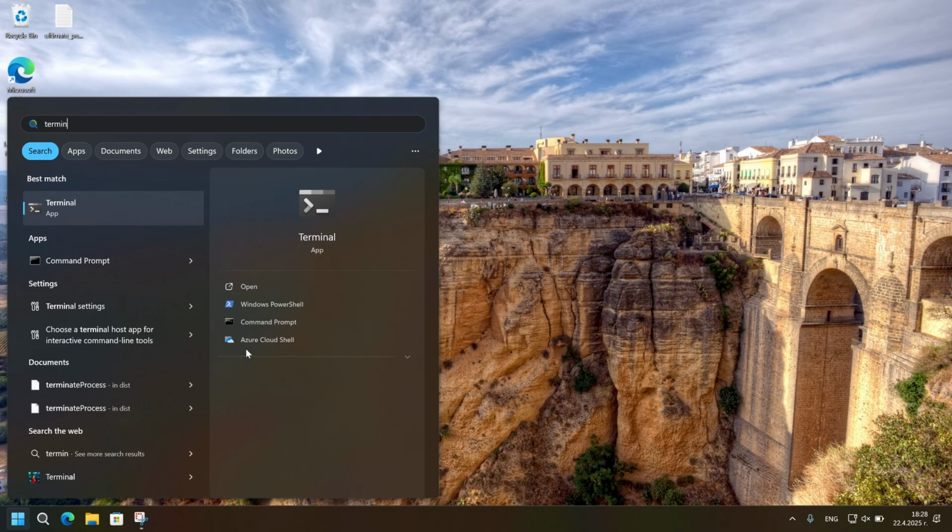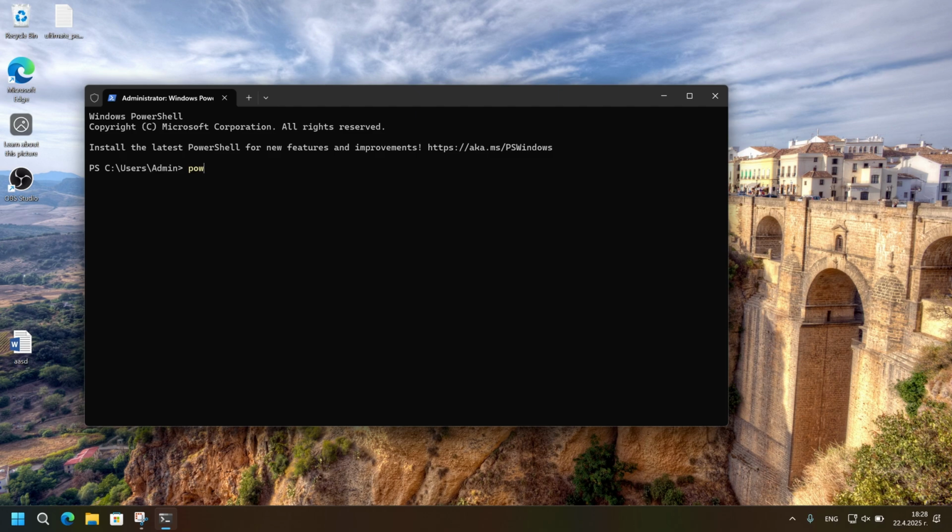So to disable hibernation, open an elevated command prompt and type powercfg /hibernate off. If for any reason you need to re-enable it, just type